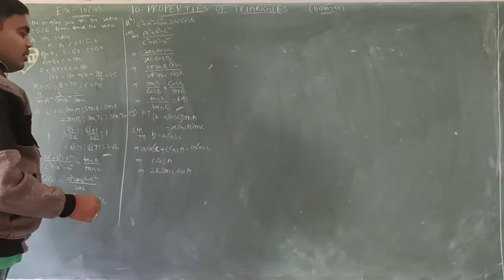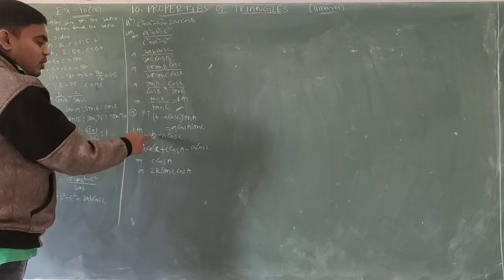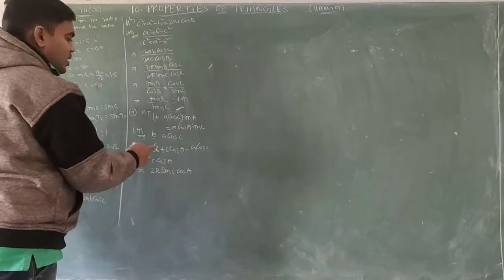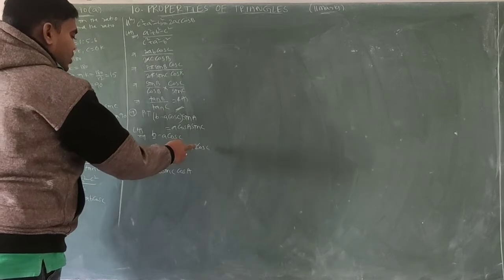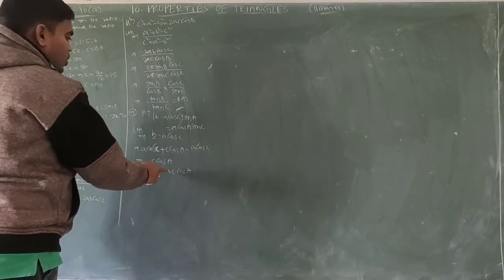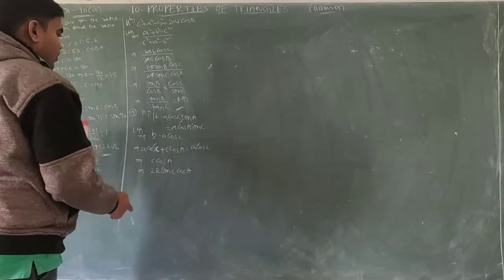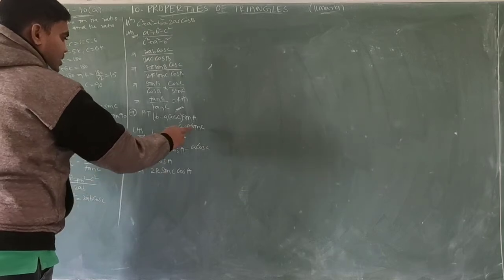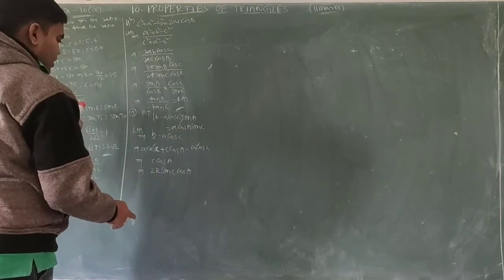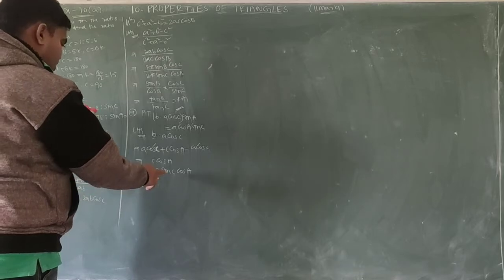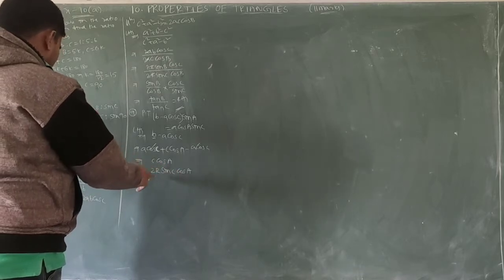So actually, before, we have b minus a cos C, where b equal to a cos C plus c cos A, minus a cos C. So a cos C cancels, leaving c cos A, where c equal to 2R sin C. So we need to prove it as a cos A sin C, a cos A sin C. Okay, a cos A sin C cos A, but it is 2R.